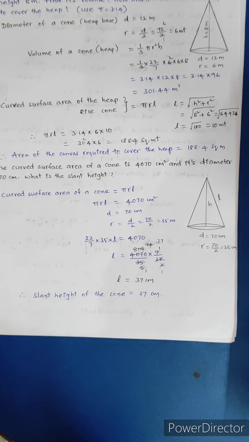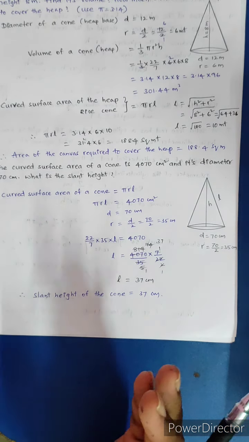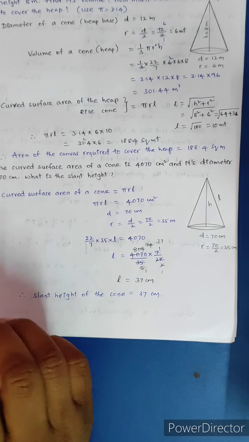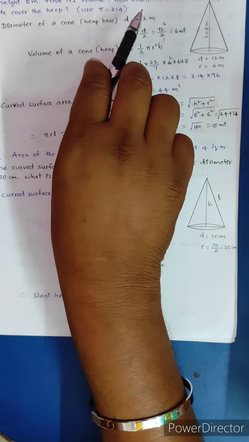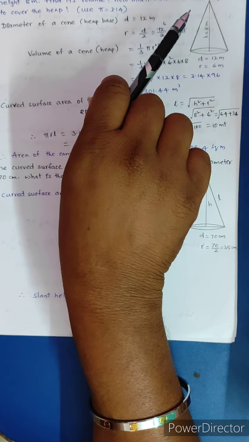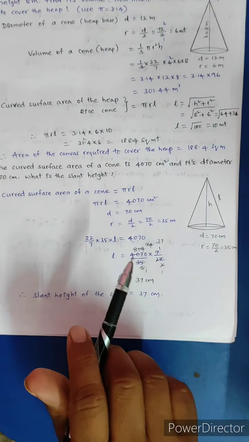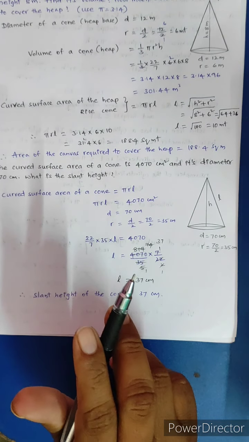In the same way, for a cone: lateral surface area is pi r l. Total surface area is pi r of l plus r. Volume of a cone is 1/3 pi r square h. So learn the formulas and try to understand each and every fact in the problem. Observe what number is given and what role that number plays in the problem. If you practice more, then you can understand easily.